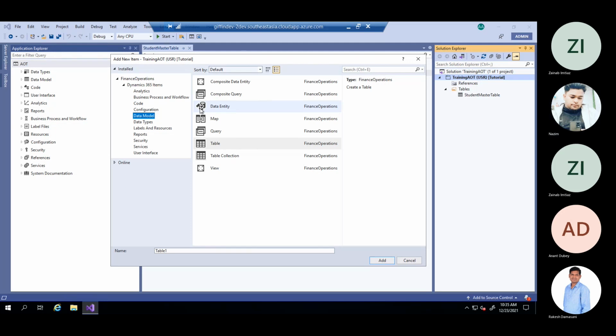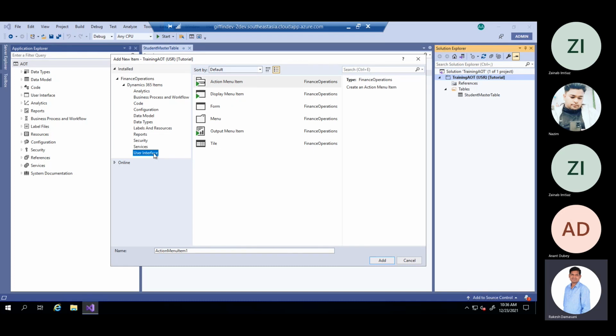In which node can we see the forms? Code, configuration, security, user interface. We can create forms by going to the user interface node, and I will select form.